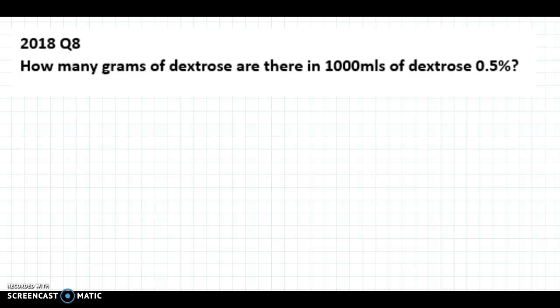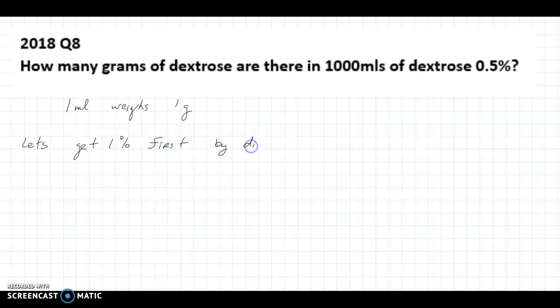How many grams of dextrose are there in 1,000 mils of 0.5% dextrose? Right? Now, the thing about here is that 1 mil weighs 1 gram. Right? So we can convert straight from mils to grams at the end. So let's get 1% first. Right? So to get 1%, let's get 1% first